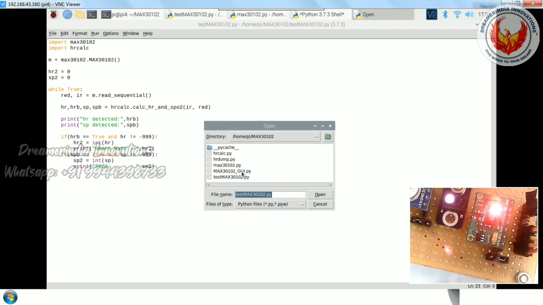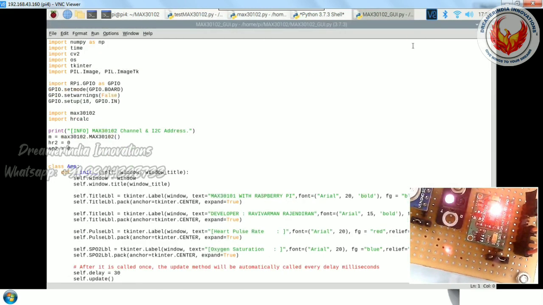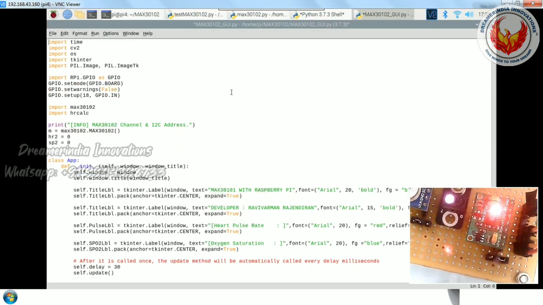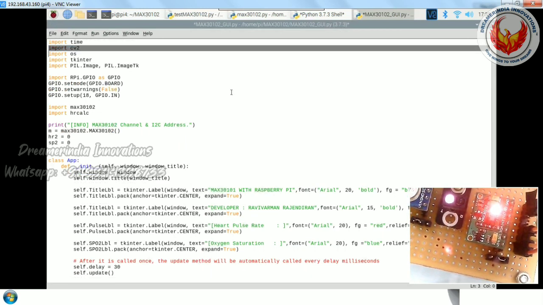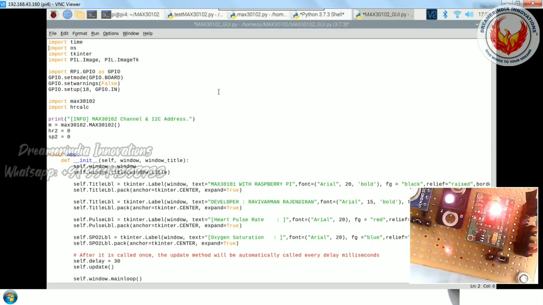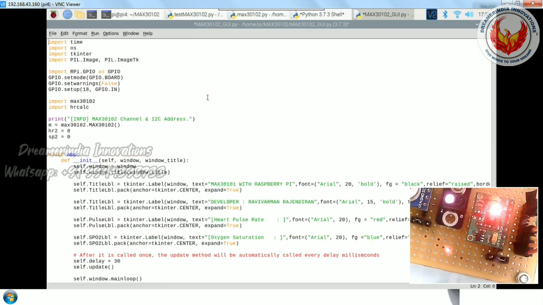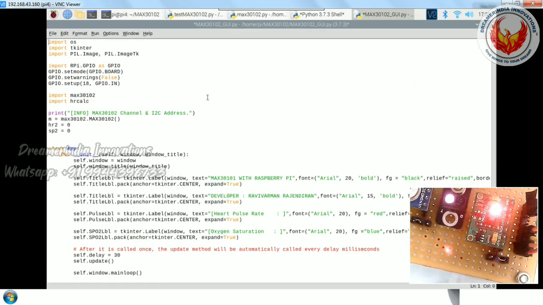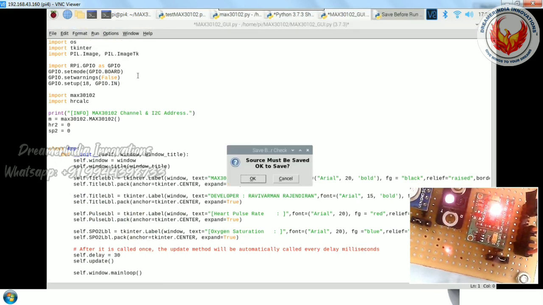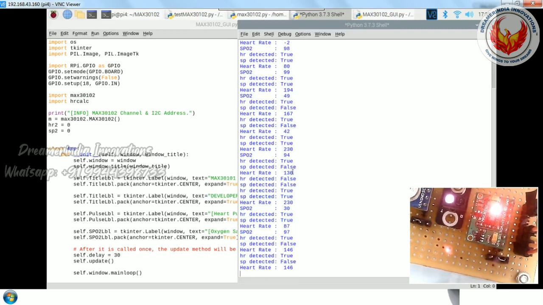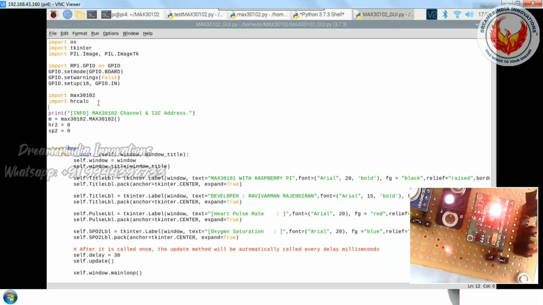That is by using a GUI application. Okay, so this is the code I use for the GUI application. I don't need NumPy and CV2 and all, so I am just deleting them. We don't need OpenCV, and also we don't need time. I'm not using any time here, so I'm deleting that also. The rest of the things can stay. Now I can check whether the model is working. Is there any compilation error? No, there is no compilation error.